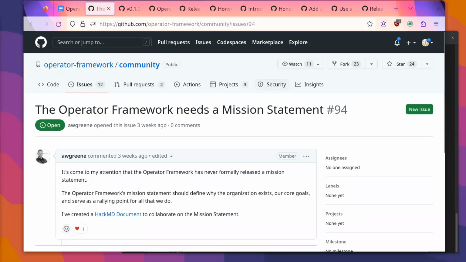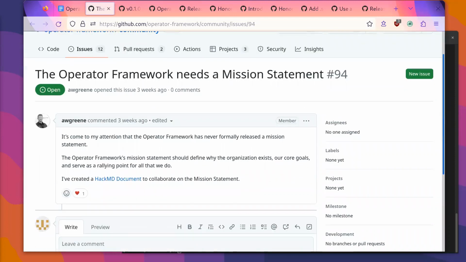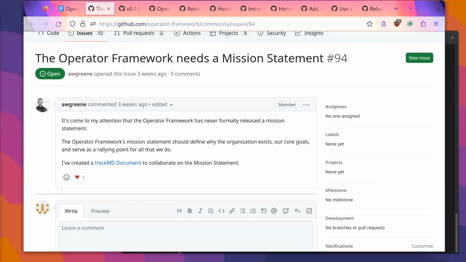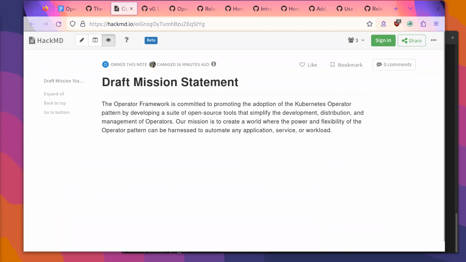Lovely. Yeah. So thank you, Daniel. I kind of realized that we don't have an official mission statement anywhere. And this is probably not just up to our team to decide, or our group here. We'll need to run it past the steering committee because it certainly seems to fall under their purview. But I've created this issue here so we can at least get it kicked off. It's in the community operator framework community repository. And I created a HackMD document just so we could iterate pretty quickly on this. If you look at it, that is courtesy of ChatGPT. So it certainly needs a little bit of work.